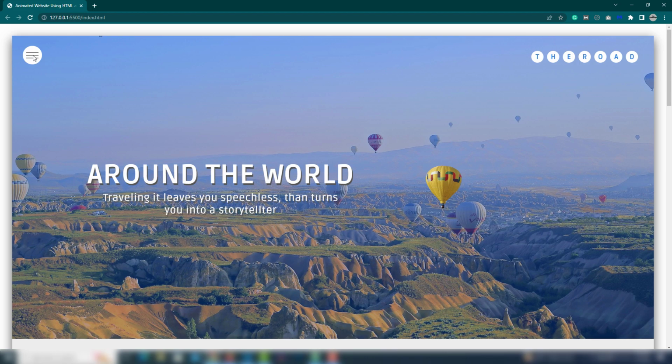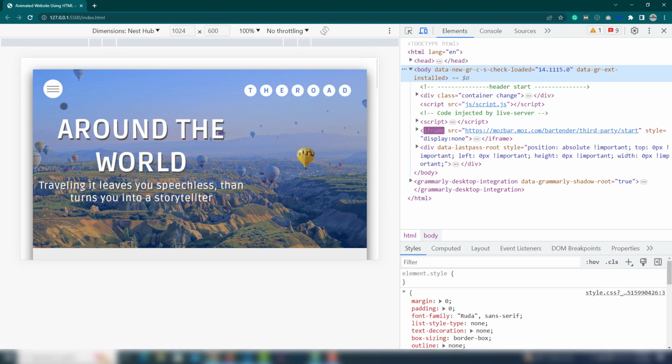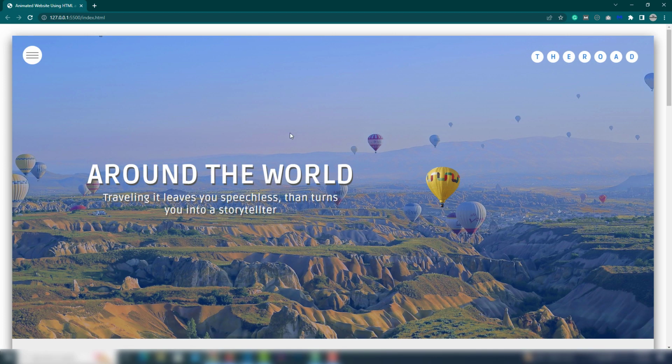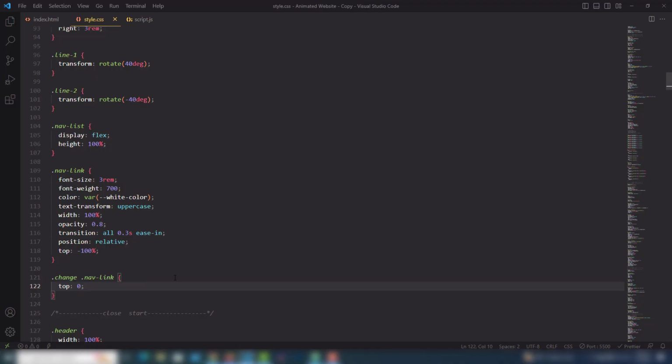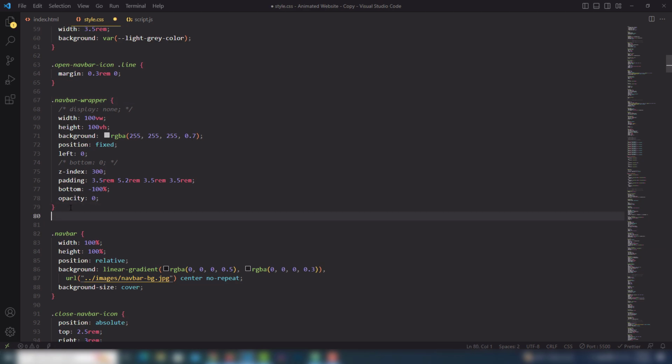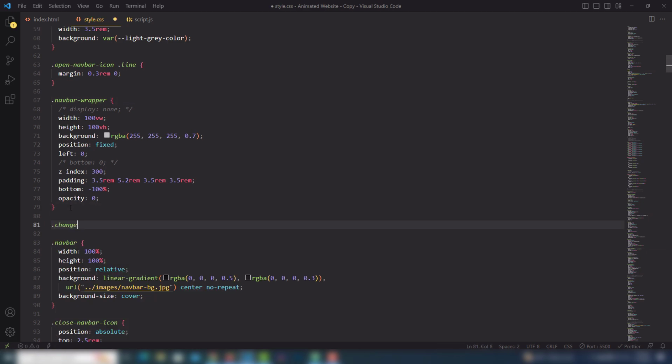So let's look at that, what happens when I click on that. I can't see any changes right now. Just a minute, I think something is wrong. I need to use the same thing on top, I think. Yes, I will select this one class, and after that I need to paste it, the change